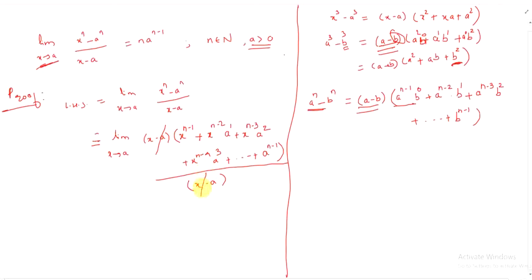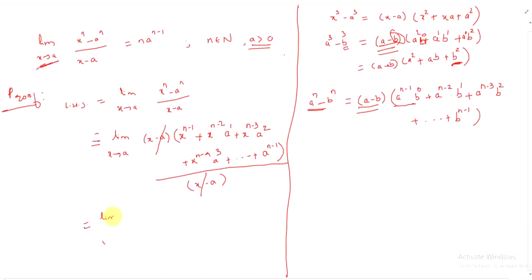Now why do we need this one? Why do we have to do this step? That is why we have to cancel this x minus a. So remember this one. Why? I will explain it to you, but let us first see this proof. We will complete it, and when we revise it, I will explain how.